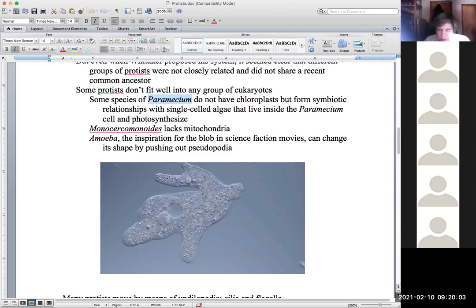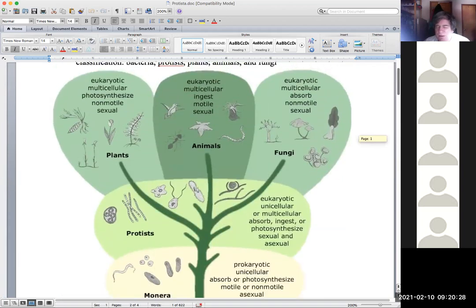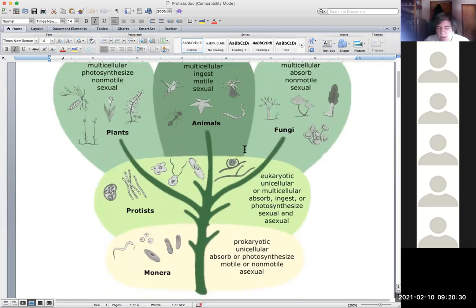So we have Protista that don't really seem like any other types of living organisms. And so not only do they not fit in with plants, animals, fungi, or bacteria, they don't even necessarily fit in with other Protista. Some of the Protista are very different from one another. However, if we think about this very simple cladogram,